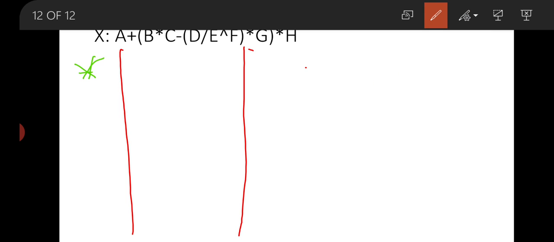So when we get the multiplication we have to put this operator in the stack, and we get left parenthesis, plus, then again left parenthesis, minus and